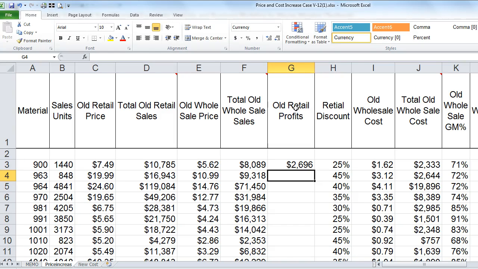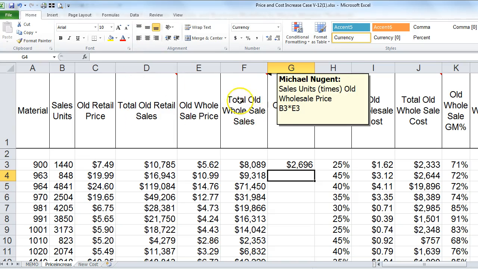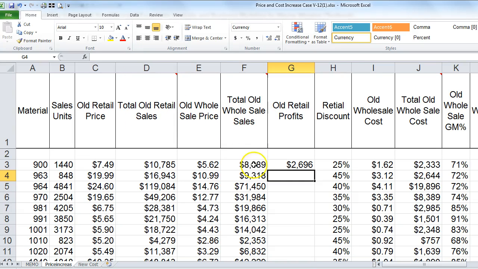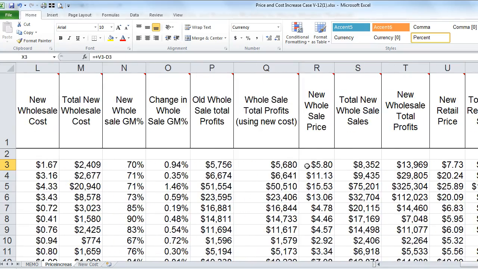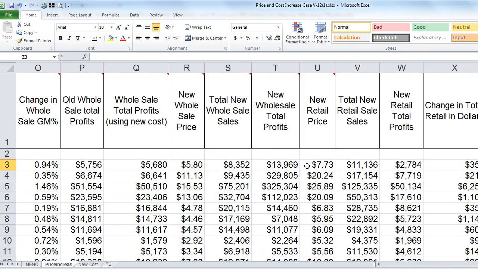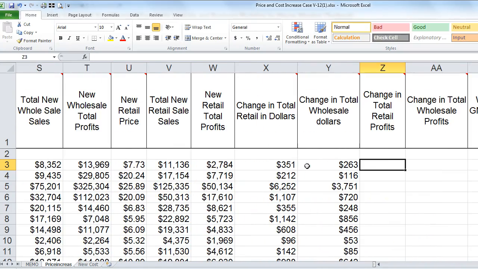Because what it means is the retail buys at the wholesale. So the retailer is buying at the wholesaler's sales price. So the retailer buys the total product for $8,000 and then sells it to their customer for $10,000. So the profits are going to be here. So this is sort of a trick question because I'm asking you for a piece of information that's not yet created in the file. So now I can calculate the change in retail profits